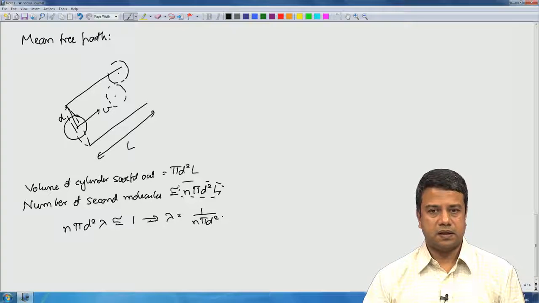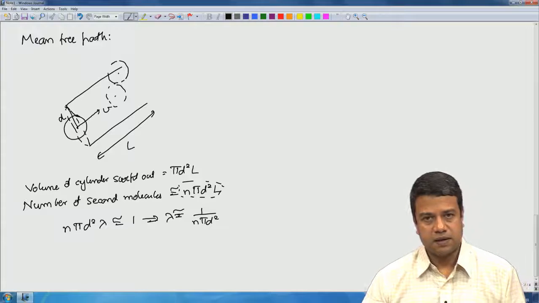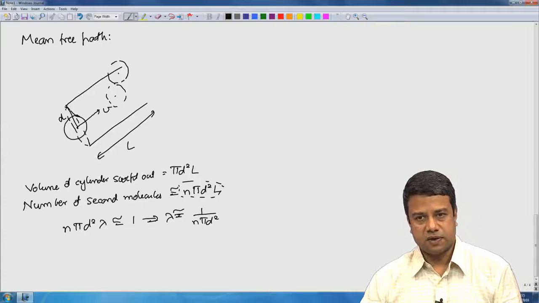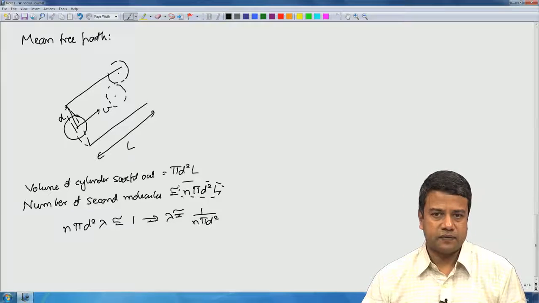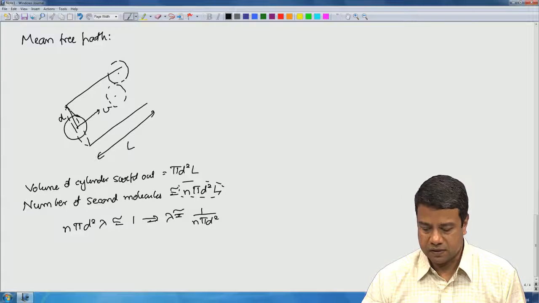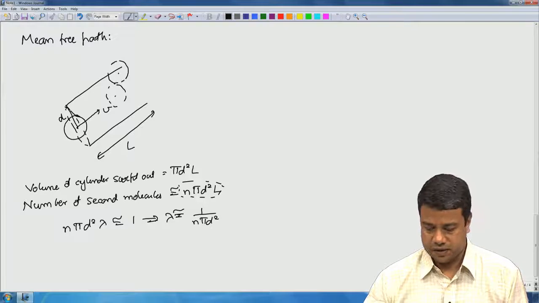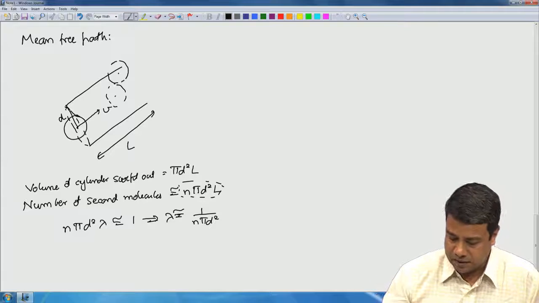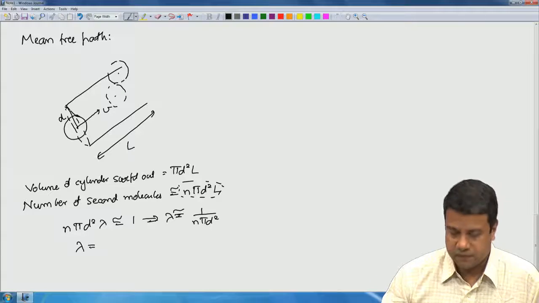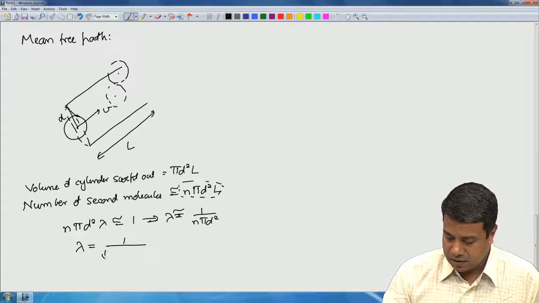So, this is just an order of magnitude estimate. I said that the number of second molecules has to be approximately 1 for the molecule to collide on average. And on that basis I got the mean free path to within a proportionality constant. You can do a more exact calculation, and if you do that you will find that the expression for spherical molecules for the mean free path is 1 by root 2